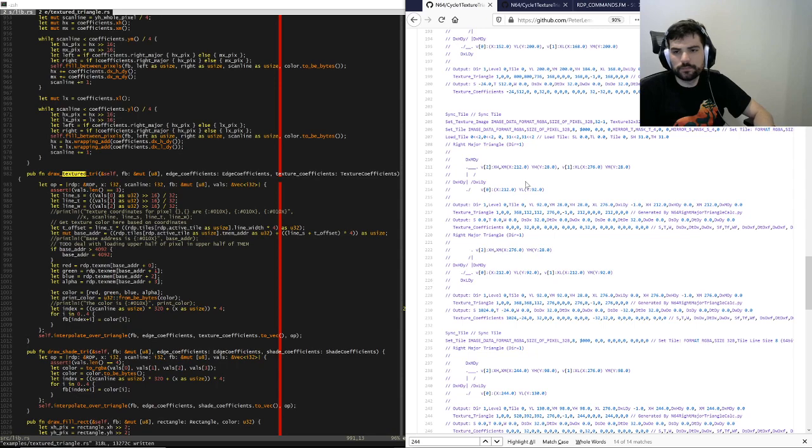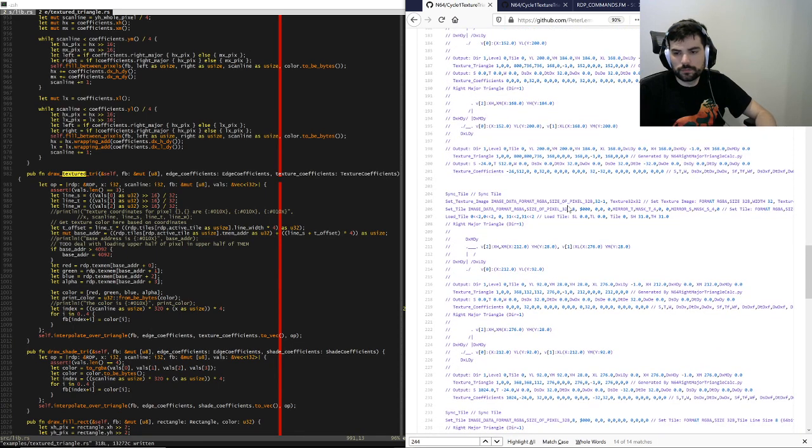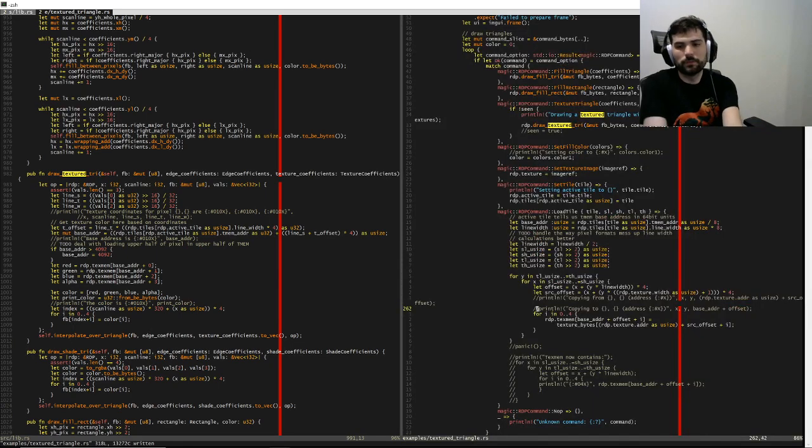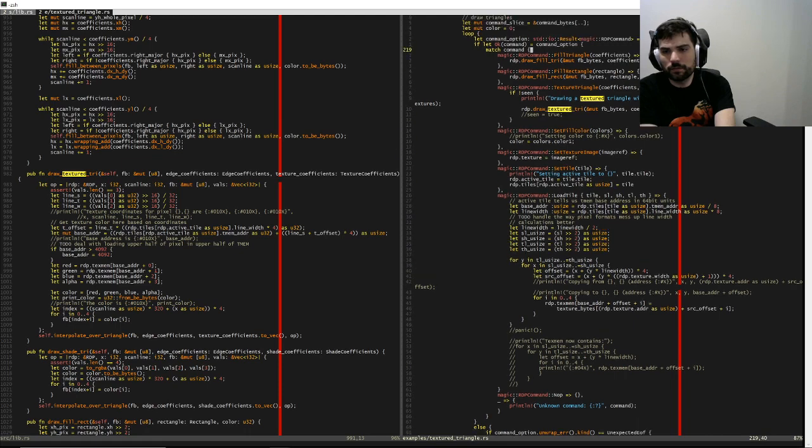So I guess we reload. Maybe it's in load triangle then, or load texture rather. Set texture image, rdp.texture equals image ref. And then when we go to load this,